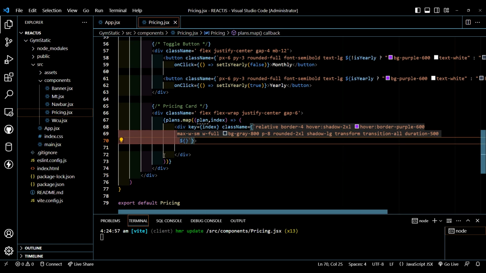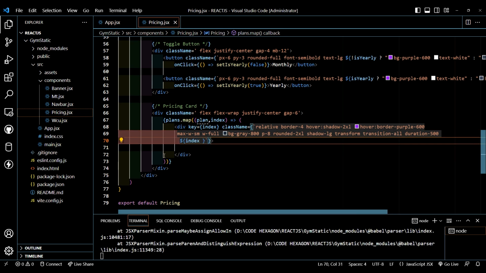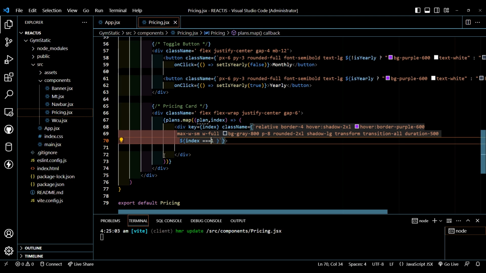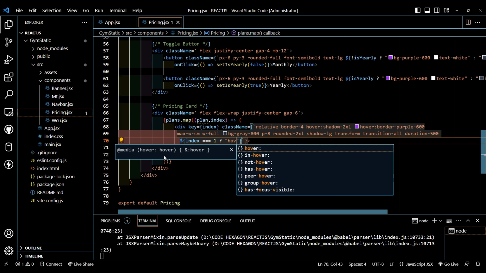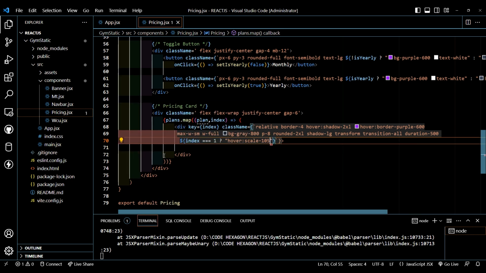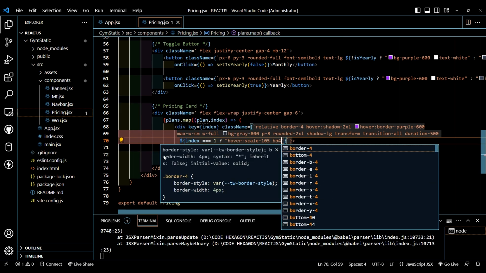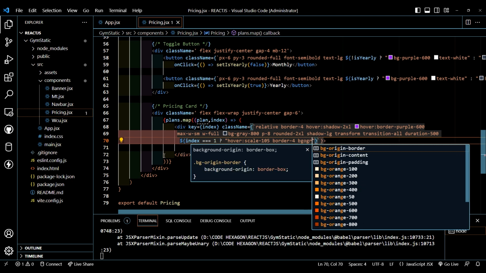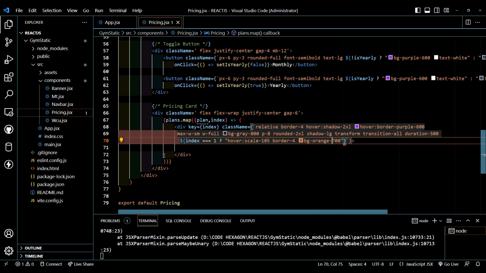Now check, index is equal to 1, then hover will be scale 105, border will be 4, bg gray 700,